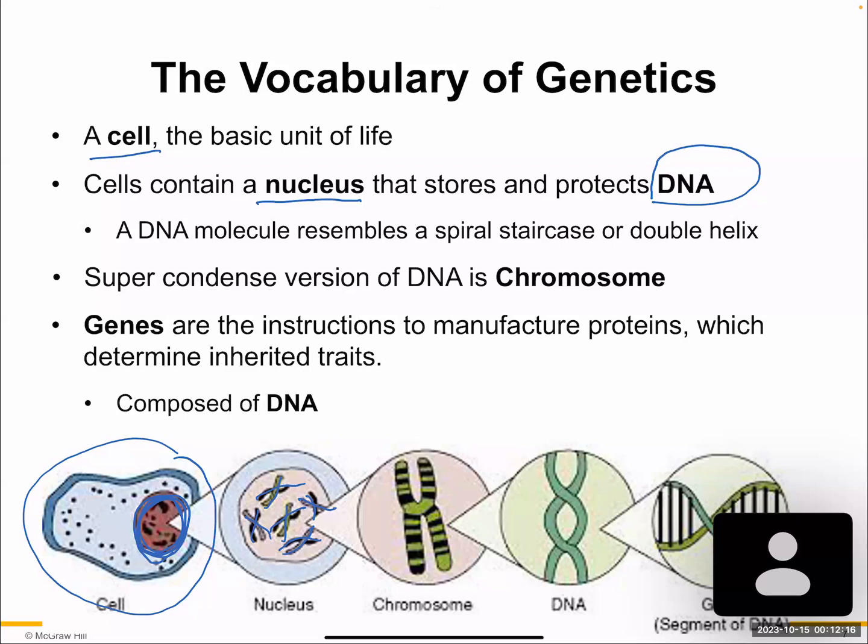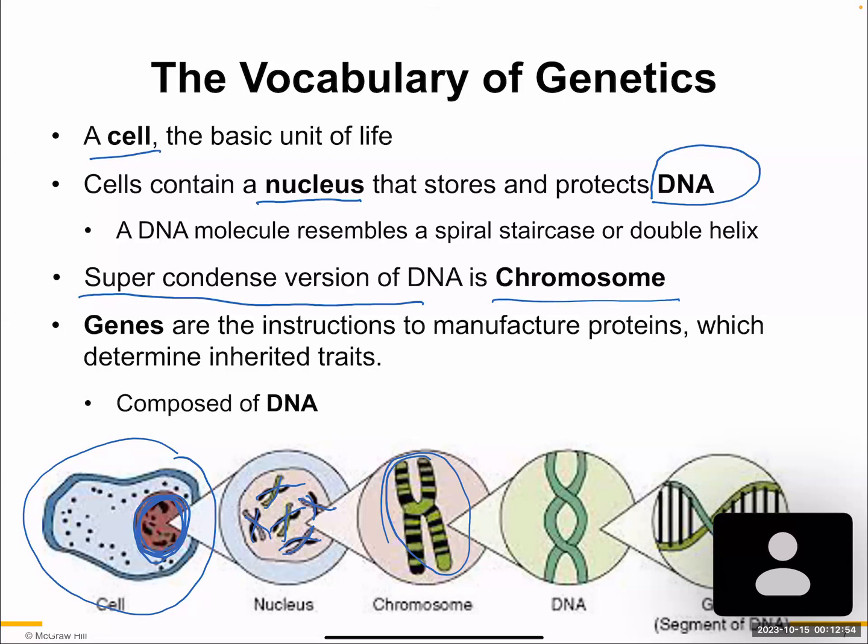Typically, if a cell is undergoing changes such as cell division, what happens to that genetic information? What happens to that DNA? It starts to condense itself, and it condenses itself at multiple levels. The most condensed version of your genetic information is what we refer to as chromosomes. And if you look at this picture, here is a typical depiction of chromosomes. We will discuss chromosome structure in much more detail later on.